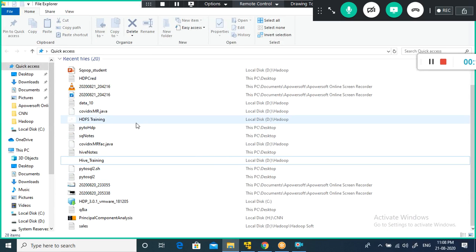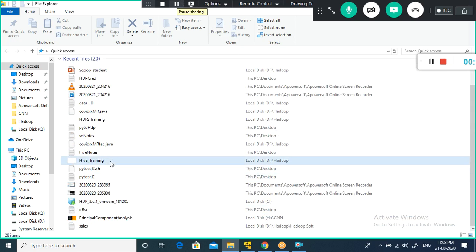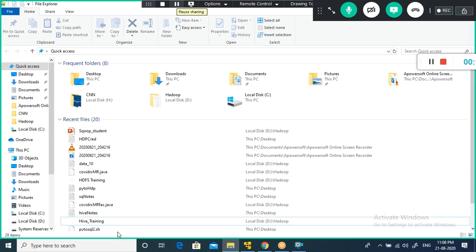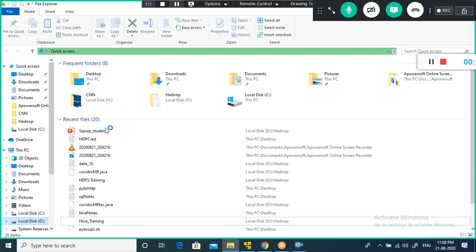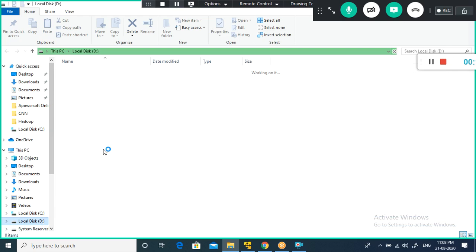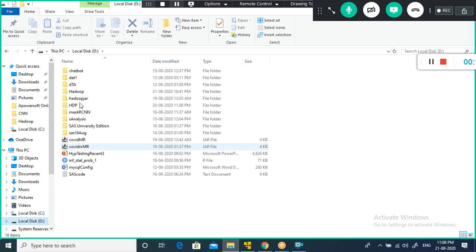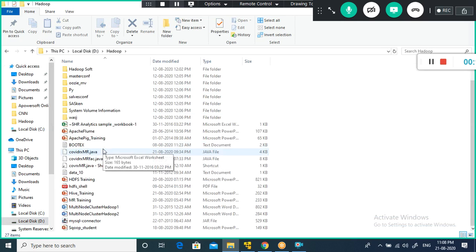I'll finish up the Hive part also, or I'll explain the Hive architecture. It's all very simple, even Hive and Sqoop and all. Those of you who have worked on RDBMS or any database should be able to pick this up. The only thing is, you should know the architecture. In the interview, they'll ask you about the architecture, how the underlying things work. When you fire a query, what is happening?